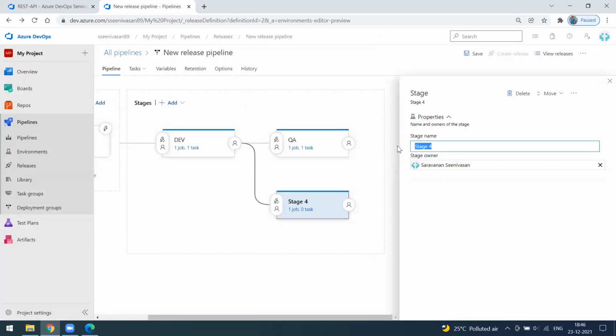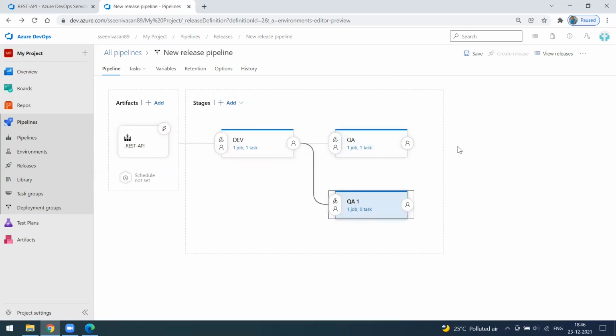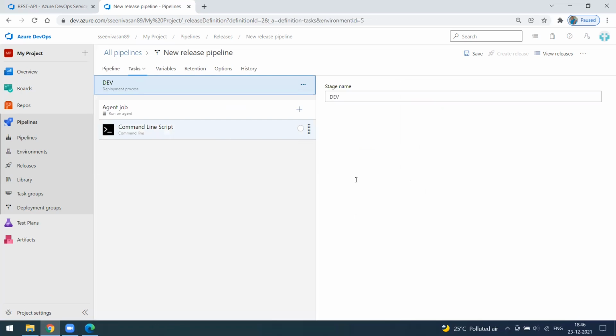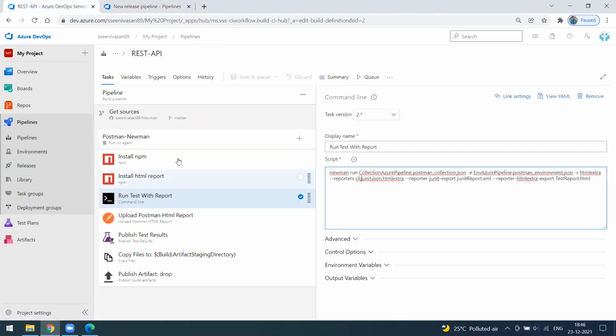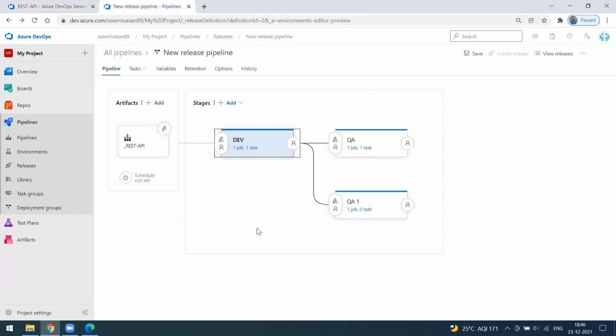Okay, this is like a QA1, right? So similarly, you can create. So the next one also you can create as a UAT. Everything is possible. So now everything has one job. So on this, for example, I have done this with a simple command line script, which is printing this particular line. So in a real case, you have to follow the steps that you want to execute your script. For example, if it is a Maven, you have to find the project and you have to pass the respective Maven commands to execute the build, right? So now it is dev, QA1, QA2, it will go as a parallel.